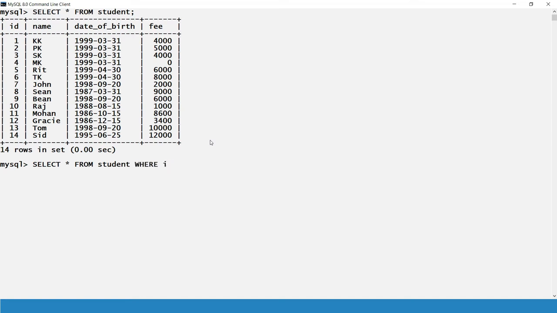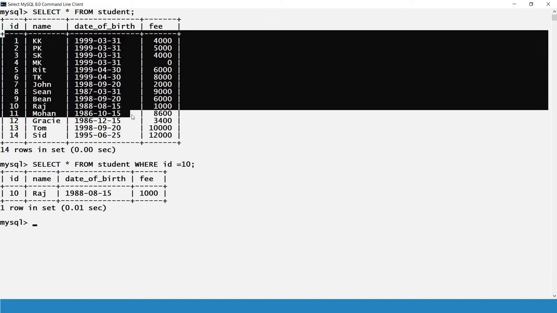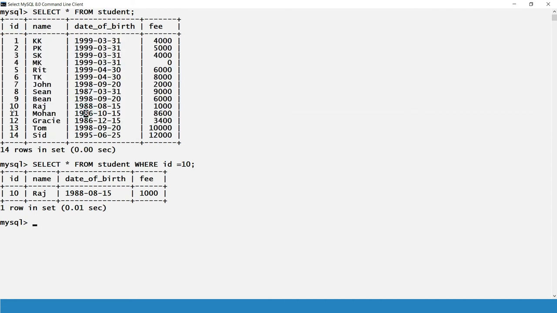Let's say where id equals 10. Pretty simple. It is giving me the record with the id 10. Very simple condition in the where clause. We are selecting the record whose id is 10.